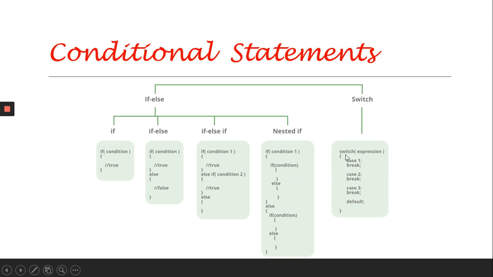Now we are moving on to the switch. It is very similar to the if else condition, but it appears different. So here the keyword switch is used, and inside that we use an expression, and the value of the expression will be used in the case. If the value of the expression is 1, case 1 will be executed. If it is 2, case 2 will be executed. If the value is 3, case 3 will be executed. After each case, a break keyword is used to jump out of the particular loop. Okay, so any one of the case will be executed based on the expression.